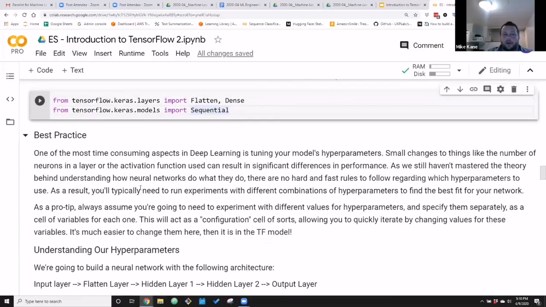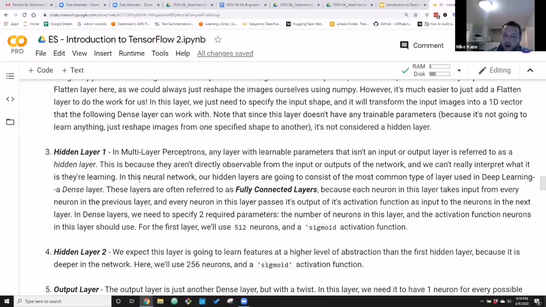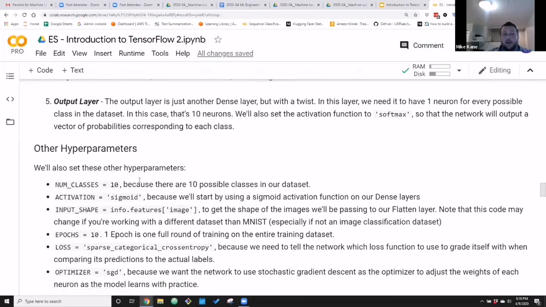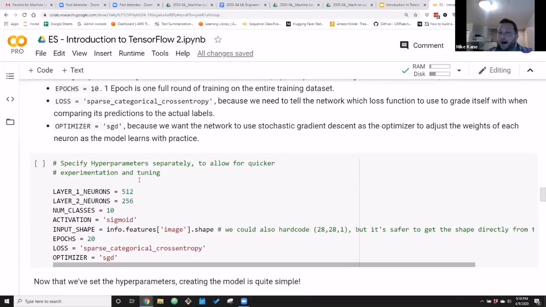Okay, so this long couple paragraphs here explains what each hidden layer is doing, what parameters we're going to use, and what they mean. Let's get down to the hyperparameters, because this is a best practice for machine learning engineers. When you train a model, you are not done after training it the first time. You don't know if that's the best performance you can get, right?